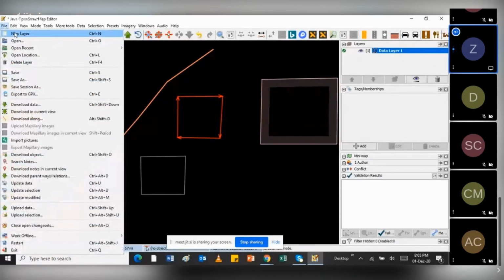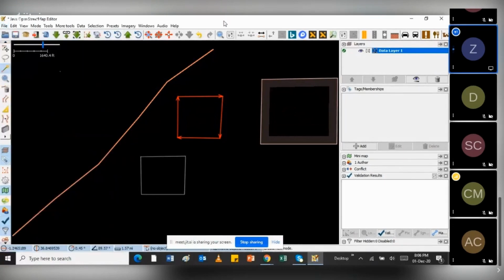Whatever I added here, if I want to upload it, I have to download the map so that the data I've added is synced with the already existing features in that area. Once they're synced, that's when you're able to upload. So this was just for demonstration. That's why you are not seeing the map.